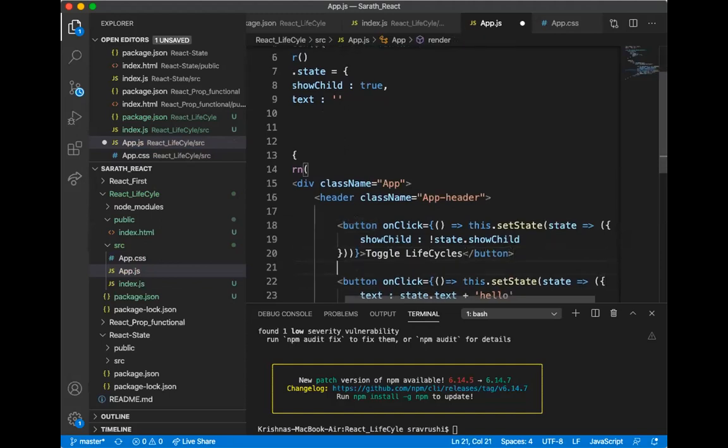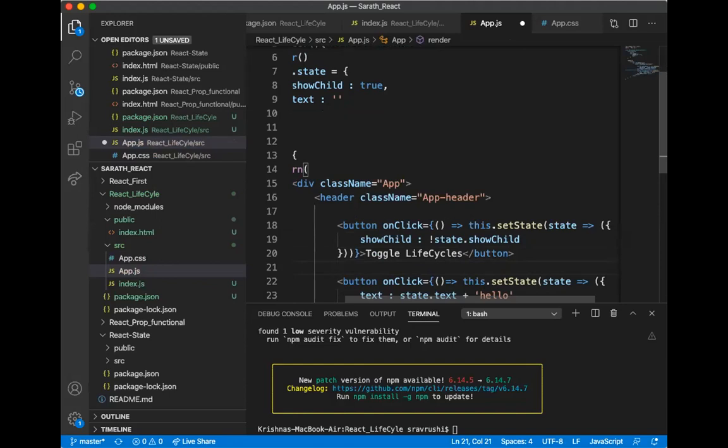So I have created two buttons. The one button will change the state of the child: if it is true, it will convert it to false. And the other button will change the text to hello; it will add hello to the text.